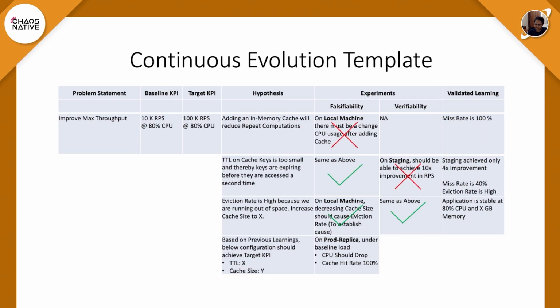And I again don't jump to a conclusion. I first verify that if I just deploy this setting, there should be some change in the CPU. At least it should drop a little bit, which means the deployment itself is successful. And only when that is done will I go for a full-blown test with a 100K RPS test itself, right? And if that is done, then I can ship the code. Now, as you can see, this